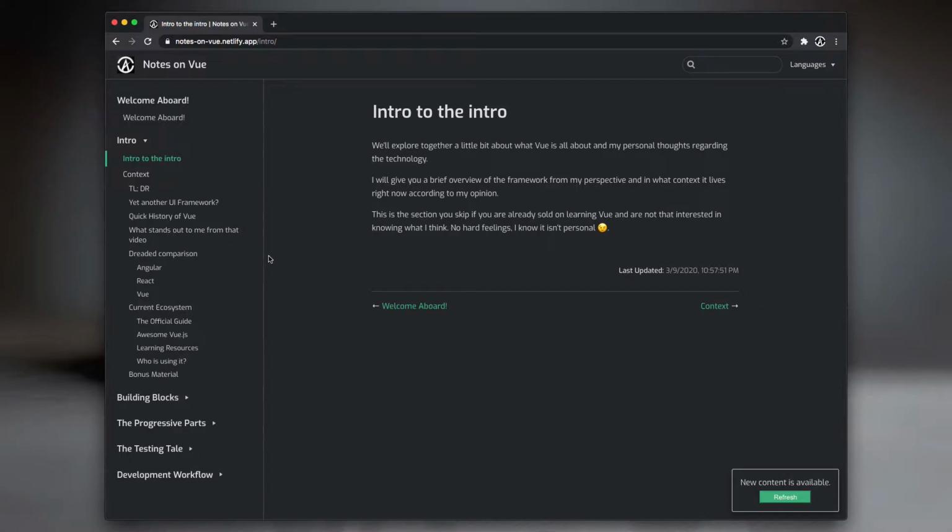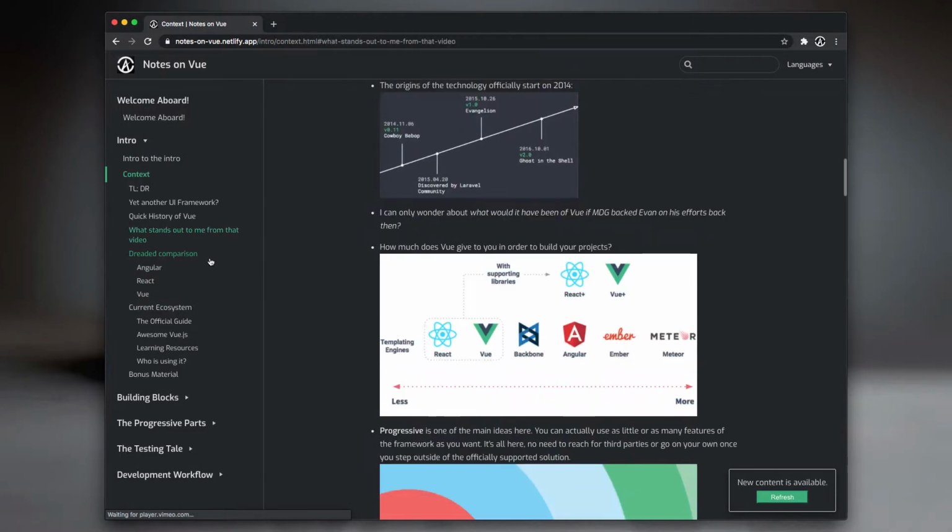So yeah, the main idea is to have my thoughts organized and kind of have the layout of what I want to share with other people. And I figured I would not only keep the notes for myself, but also maybe expose them to the public. These are all the things that I have written so far. So you can tell